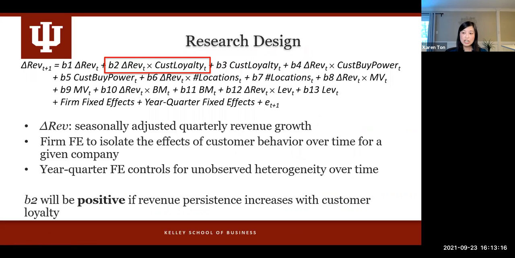So this is the general model that we use for our main test. For this test, we are interested in examining the interaction between our customer behavior measures and revenue persistence. So the coefficient of interest is going to be that interaction term, or beta 2, which is the interaction between the customer loyalty measure that we constructed and the change in revenues in the current period. And we're interested in seeing this association with revenue in the subsequent period. In our model, we also include controls for firm characteristics and